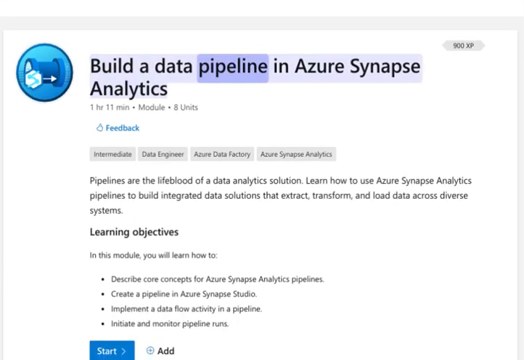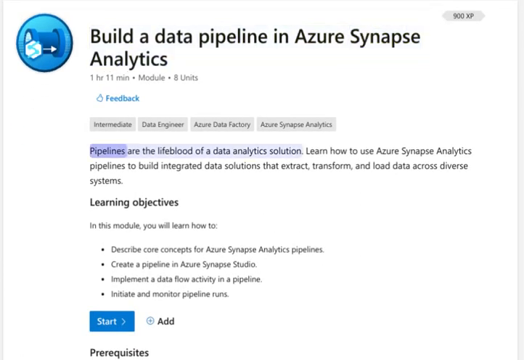Build a data pipeline in Azure Synapse Analytics. Pipelines are the lifeblood of a data analytics solution. Learn how to use Azure Synapse Analytics pipelines to build integrated data solutions that extract, transform, and load data across